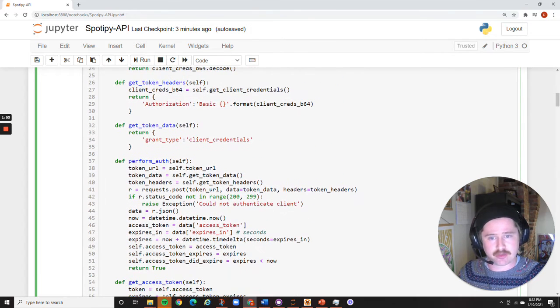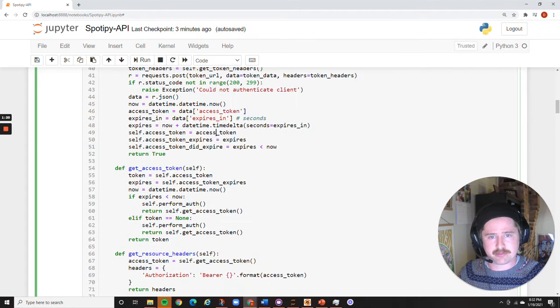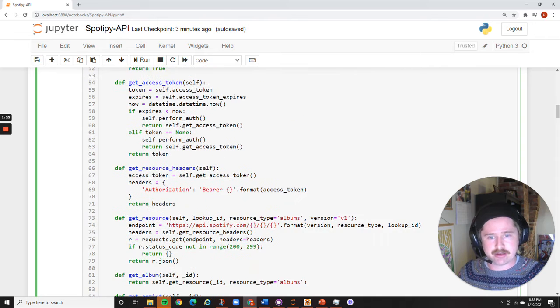That actual authorization happens in this method, perform auth, where it takes this information we're sending and returns back true or false, whether our approval has been granted and whether or not our token is still live or if it's expired. So moving along past some of this more minutia on the API,